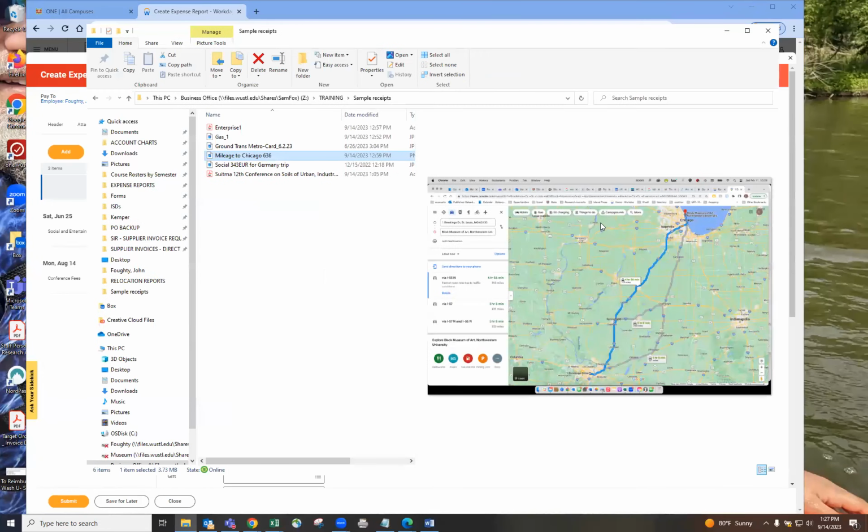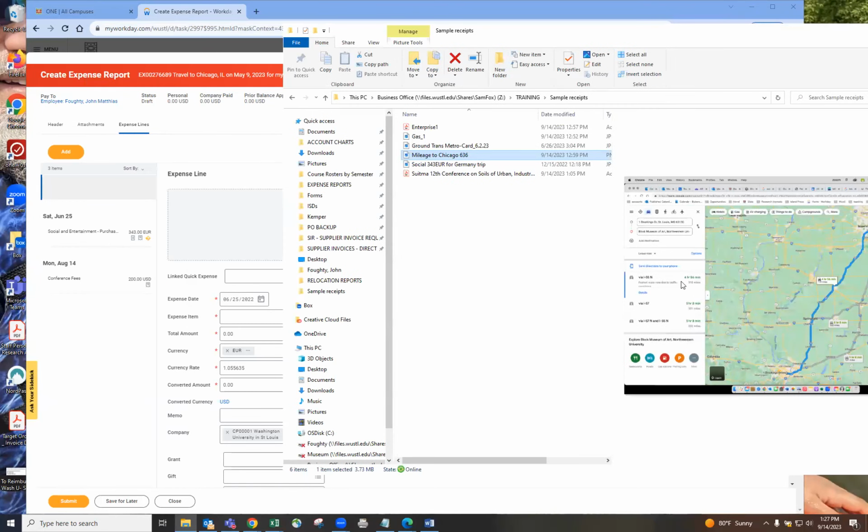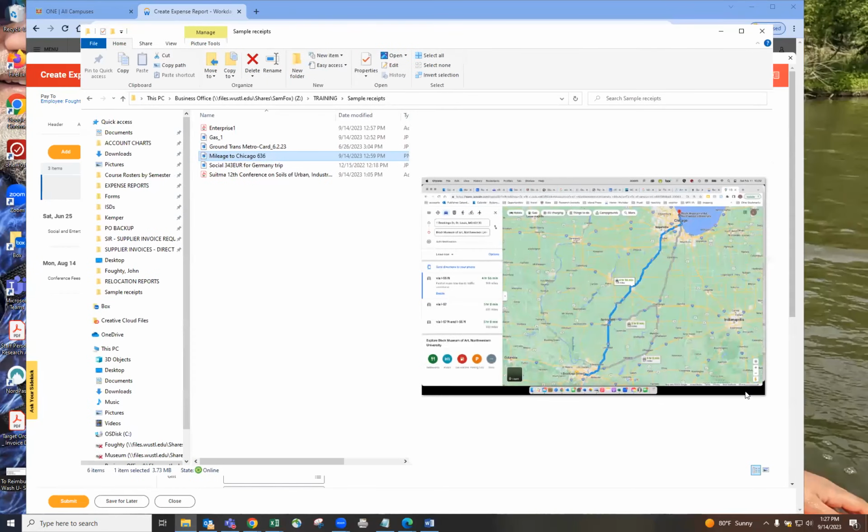The way we do mileage reimbursement is we go out to Google or whatever your favorite maps program is, and we map out our drive from One Brookings Drive in St. Louis to whatever our destination is. In this case, it's the Block Museum of Art in Chicago. All right, so we have that, and I don't know if you can see this very well or not, but it shows